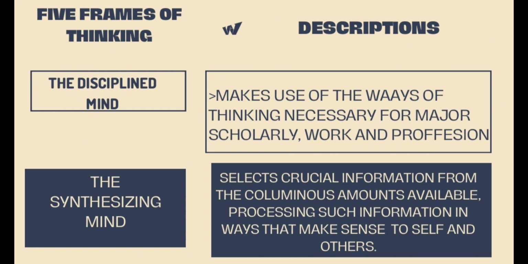So the next slide has two columns: the first column is the five frames of thinking and the second column is the description. The first frame of thinking is the disciplined mind. The description here is: make use of the ways of thinking necessary for major scholarly work and profession. The second frame of thinking is the synthesizing mind. The description is: selects crucial information from the voluminous amounts available, processing such information in ways that make sense